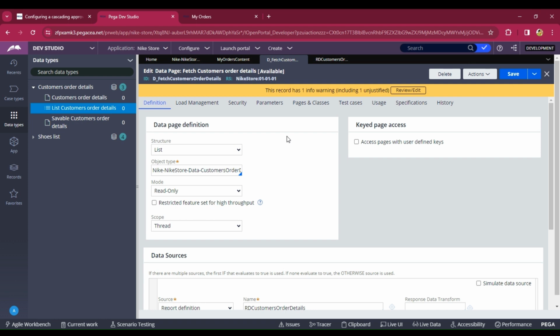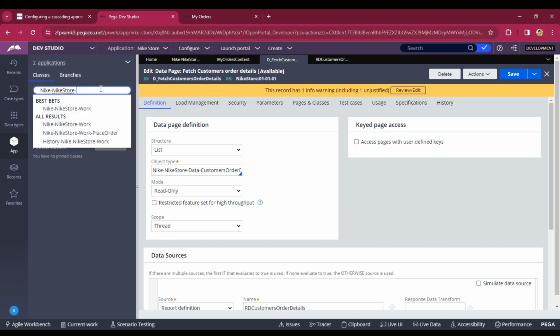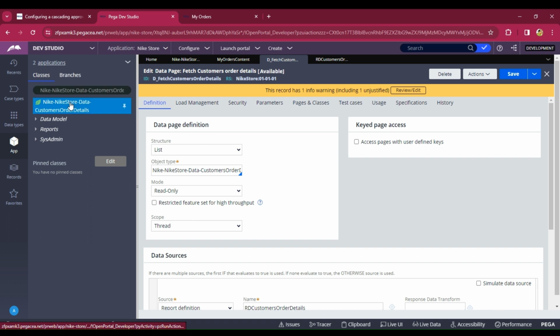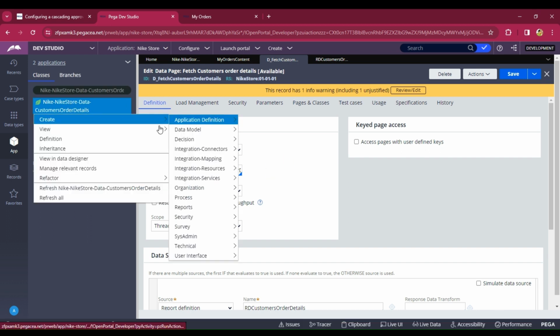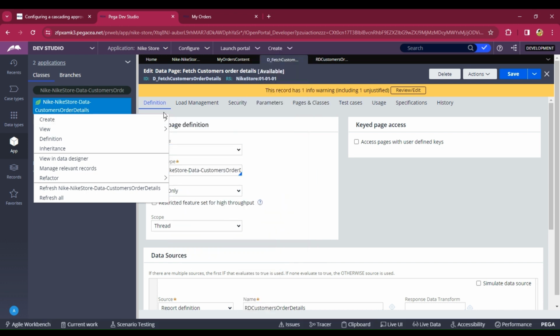Okay, so the report definition with the page list is created, so we have to create the section to display the respective properties. So we have to go to the data class. Why? Because the properties are in the data class only. Go to data class, that is data customer order details, and you have to create a section here. Just right click on it, class, create, and user interface, and click on section,